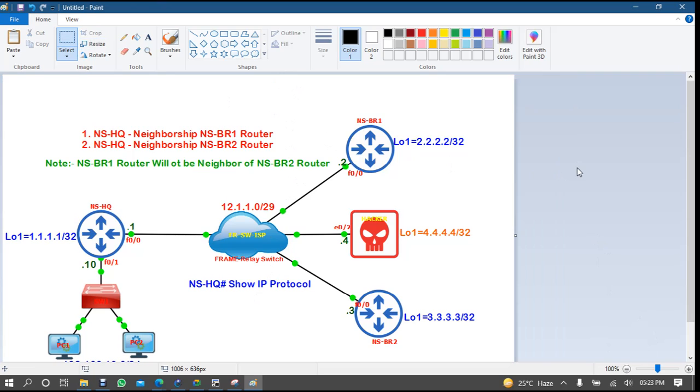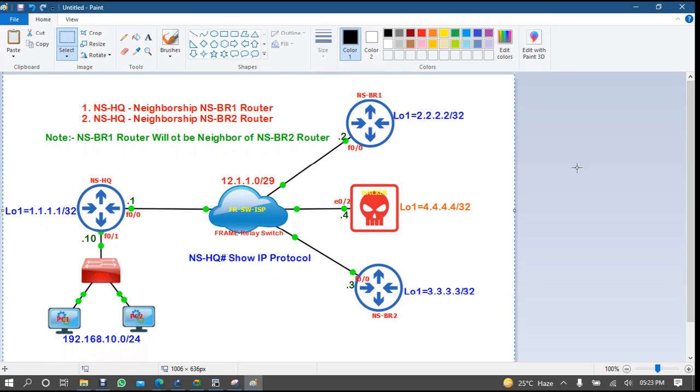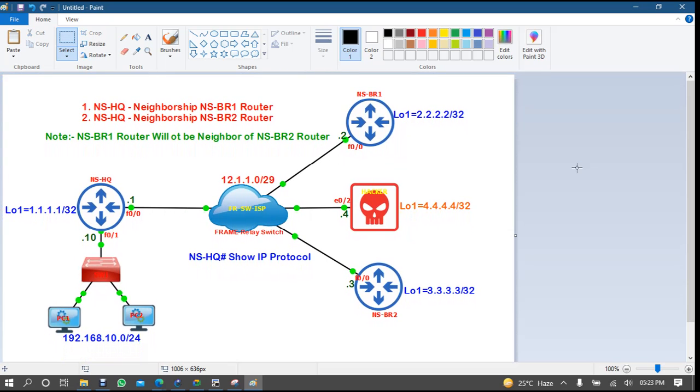Now see, when this headquarter router is sending some kind of update towards the branch, which update is the headquarter sending?